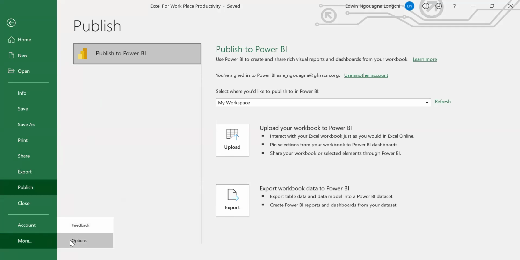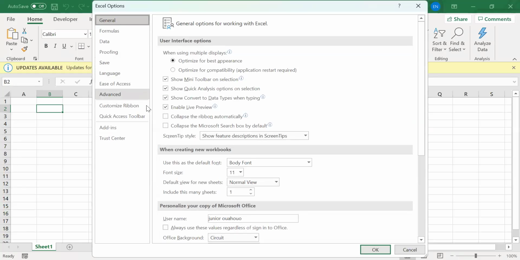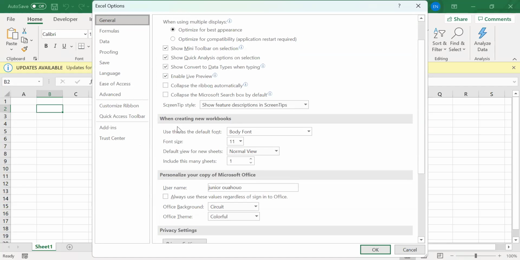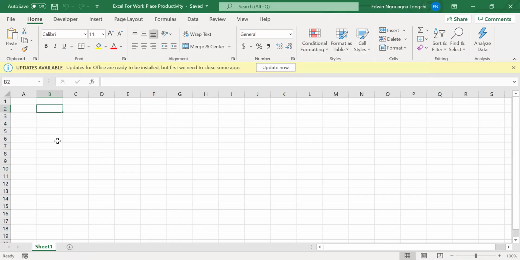And for those of us who want to add options, there are a lot of things you can do when it comes to the file tab. There are a lot of settings you can change. You can add a lot of options, maybe Power Pivot, Power Query. If you don't have those particular tabs, you can add them. It's always on the file tab. Okay, so that's for advanced Excel. But for now, you don't need to go putting add-ons in your Excel, except you're already used to Excel and you want to do advanced data analysis.